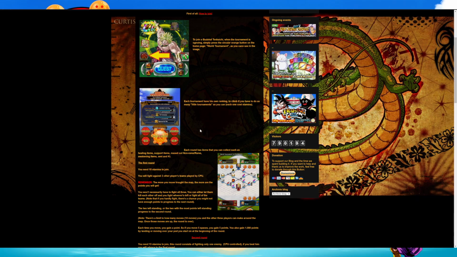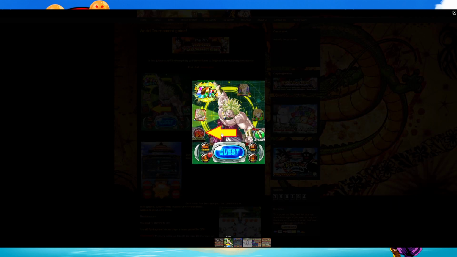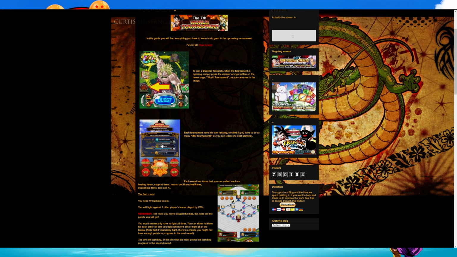Let's move forward. So basically, this is a very old guide that I just Googled and it just showed up. So if you have trouble remembering or going back into this video, you can always just do a quick Google search. This is one of the oldest guides ever. First screen, you just go in there. World Tournament will be on the left middle side of the screen. You'll click it,